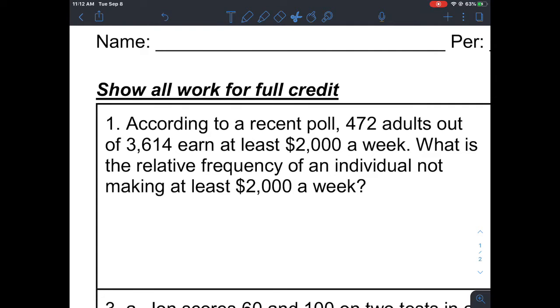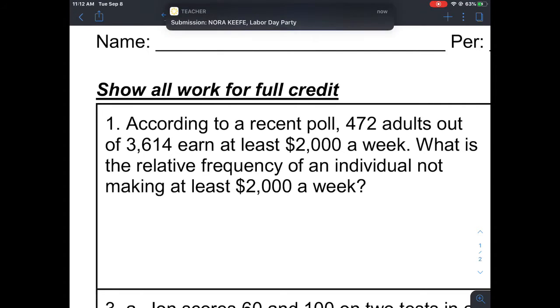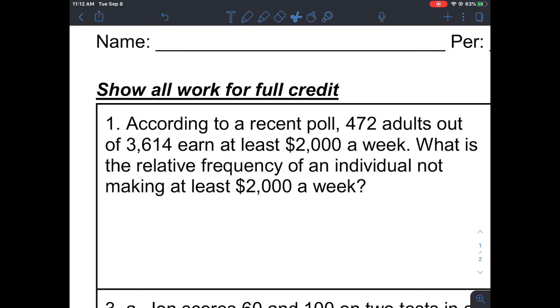So a relative frequency, I've gotten a couple questions from students about what is a relative frequency? Well, a relative frequency is just a fraction or a percent. So think of it again as a part out of a whole. And then converting that fraction into a percent so you have a clearer understanding of what those numbers are representing and how to explain it in context. I think most people will agree that percents are easier to understand than fractions are.